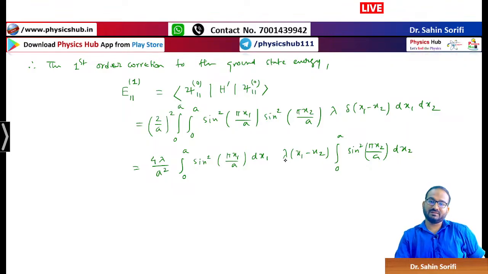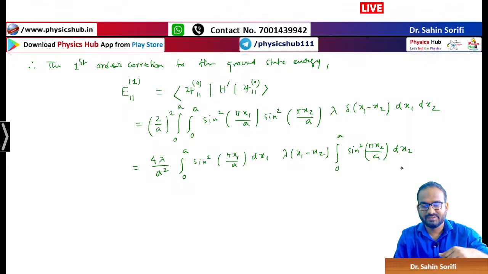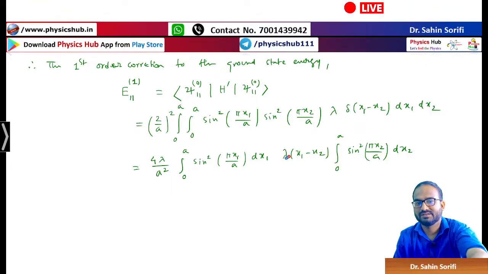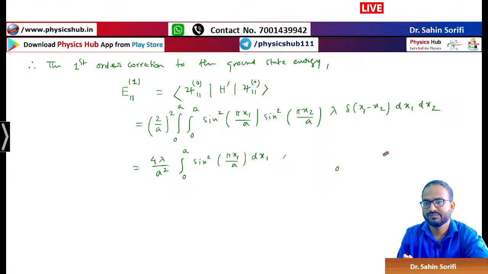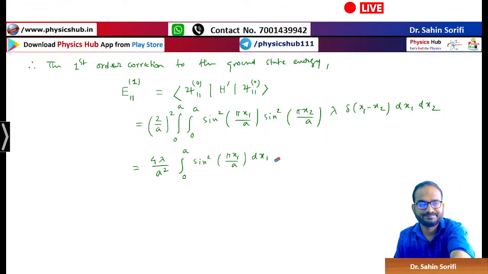Actually this δ(x1 − x2) is common between x1 and x2, but you see these integrations are literally the same. It is not advisable to write in this way. I have just put it in this form for the sake of understanding, but actually it will be like this: